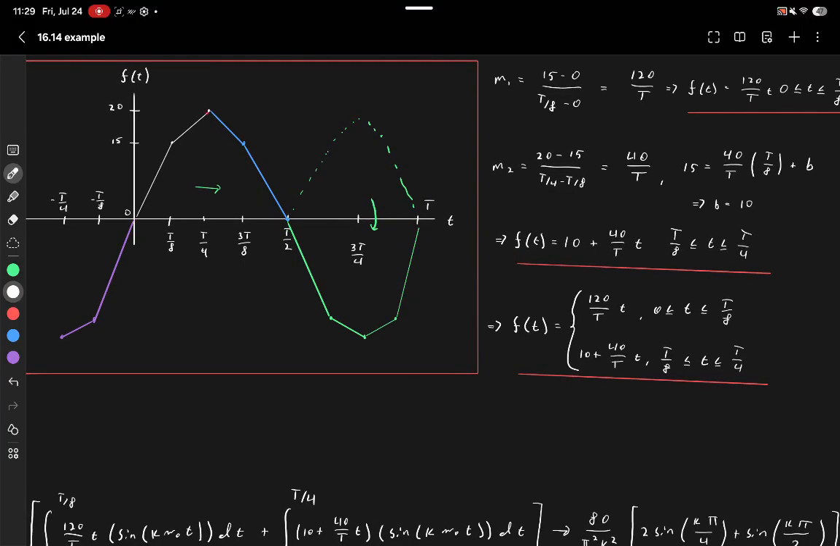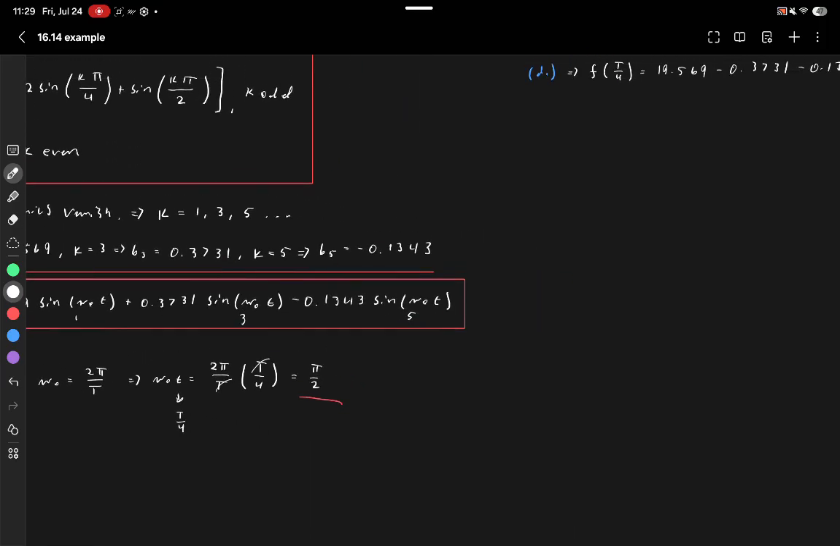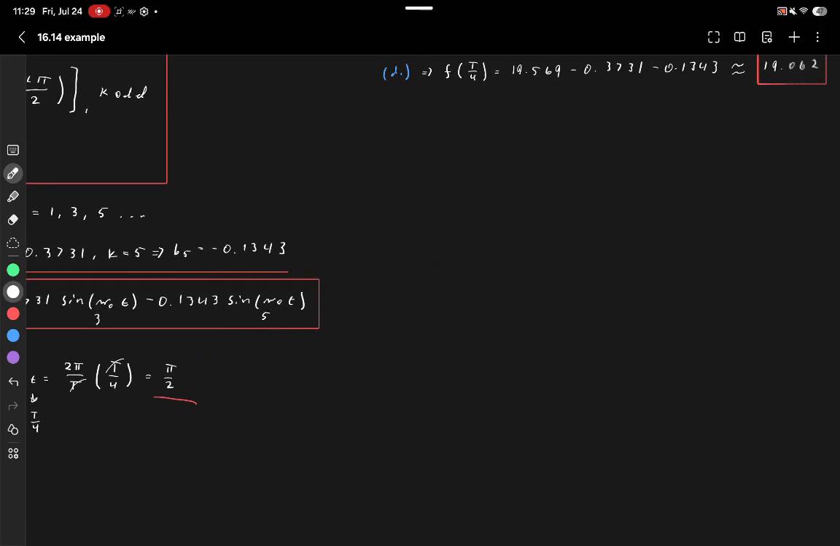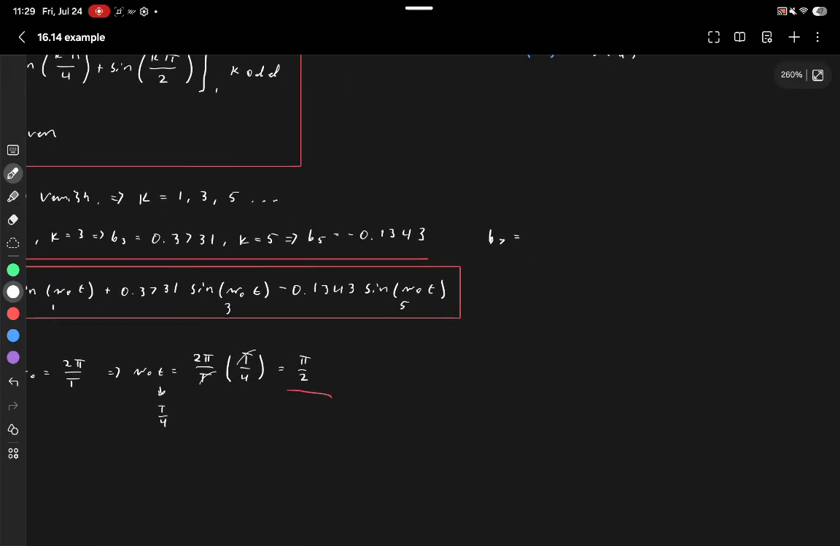19.062 is not quite 20. However, we only did the case for the first 3 odd terms. This keeps going. Say we wanted to evaluate b of 7. B of 7, right? And I do believe I went through and got this earlier. Yes. B of 7